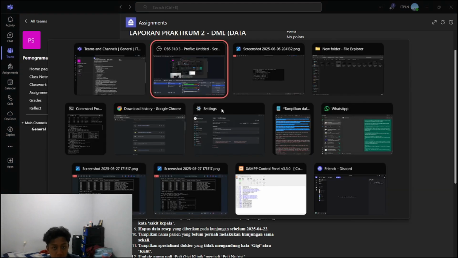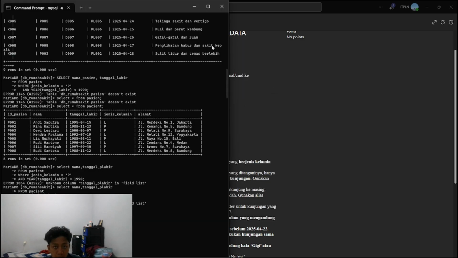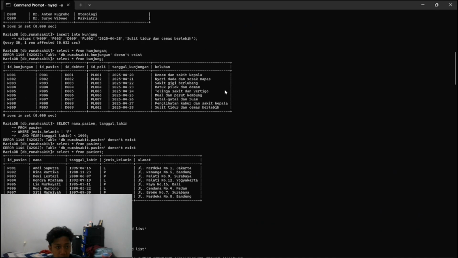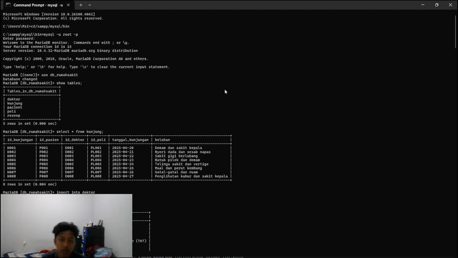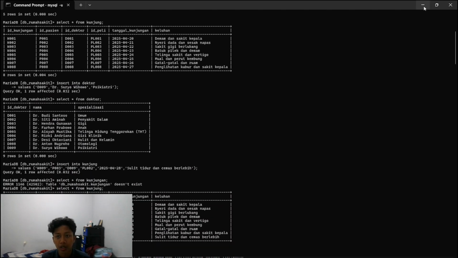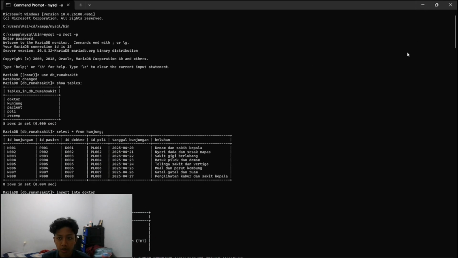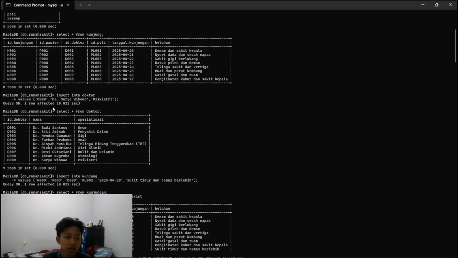In the command prompt it's a bit messed up, so I gathered the screenshots of each instruction in one folder, and we just use those screenshots. Instruction number 2 is to add the data.